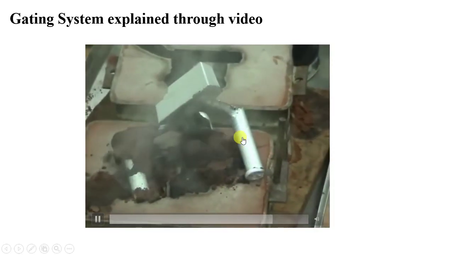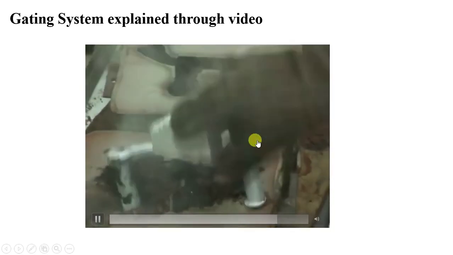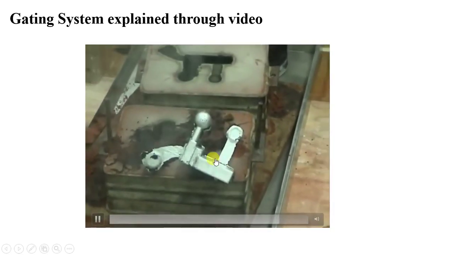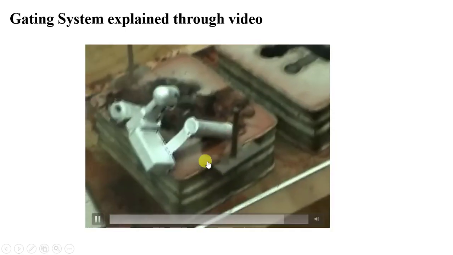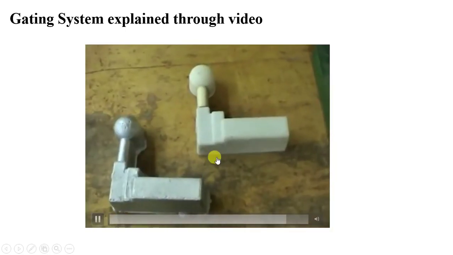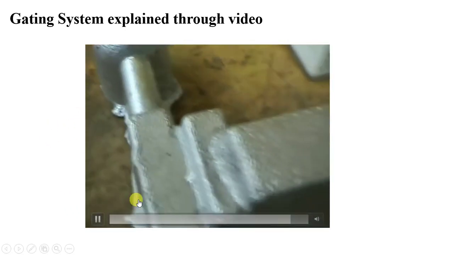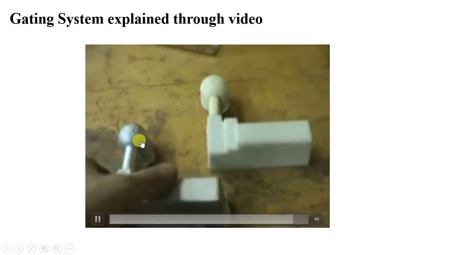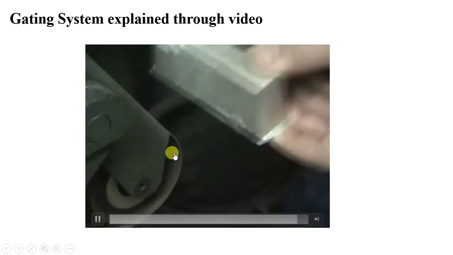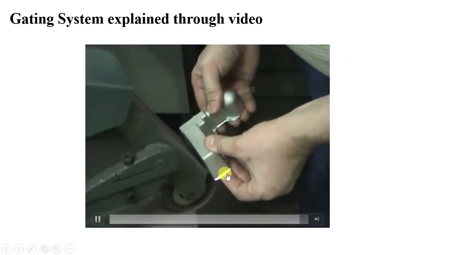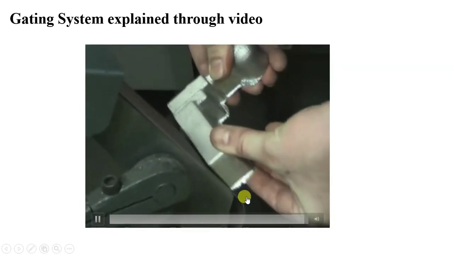Sand will be broken and your actual component will be taken out after solidification. Because this excess material can be removed, like this runner, then riser, sprue. It will be removed and again it can be used for welding. So these are the flash, and that will be removed, and we can call it excess material. But the accurate word for this excess material is flash, which is present around the parting line.